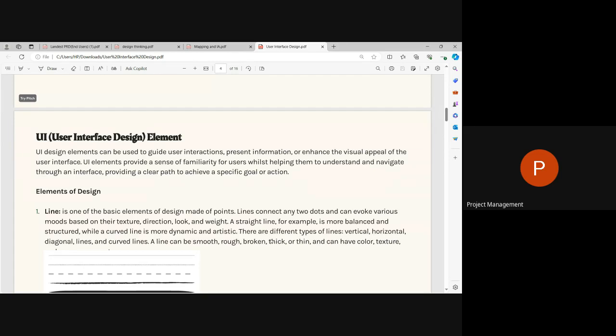Because seeing a button, you'll be able to know that this is a button. I'm meant to click this, and present information in the typography aspects. Then also to enhance the visual appeal, we can talk about the image aspect or the color aspect. So now these UI elements provide a sense of familiarity for users while helping them to understand and navigate